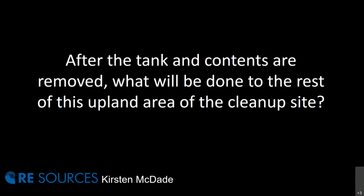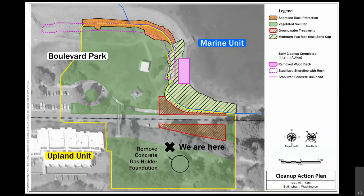So then, after the tank and contents are removed, what will be done to the rest of this upland area of the cleanup site? The cleanup action selected for the entire upland portion of the site will include constructing a permeable vegetated soil cap, in situ groundwater bioremediation at certain locations, monitored natural attenuation, a shoreline revetment, institutional controls, and compliance monitoring. A permeable vegetated soil cap is basically a layer of clean soil that will allow precipitation to infiltrate